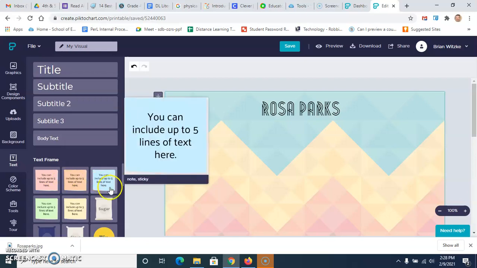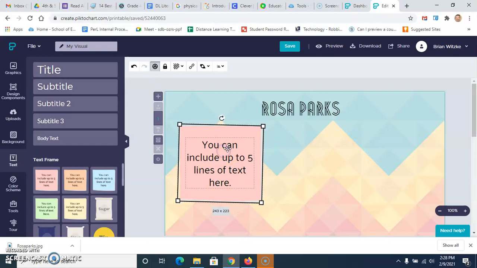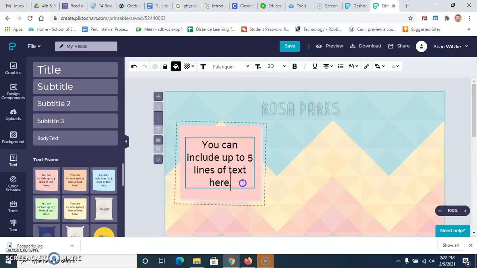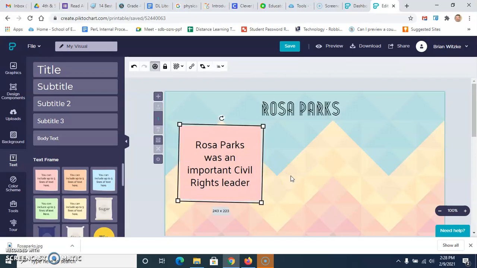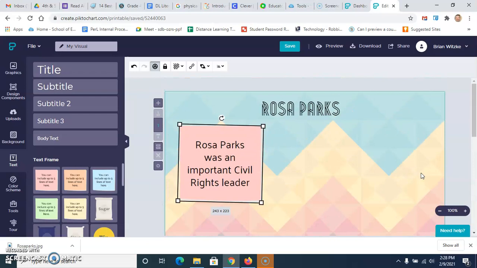Okay, maybe I'll use one of these little ones here. There. So I just use that. And I can put 5 lines of text in here. So I just kind of delete this. I can put, 'Rosa Parks was an important' There it is. And I can add some other things about her. And I can keep filling up my poster until I have everything on here that I want to say about